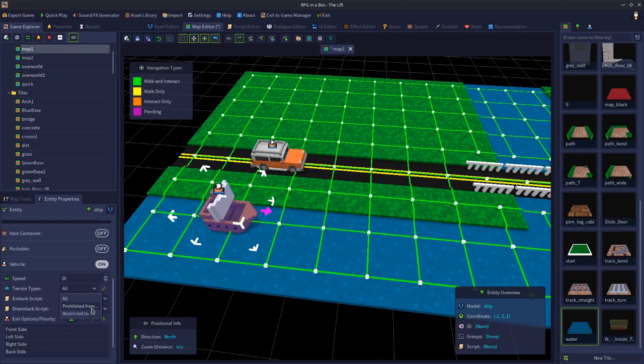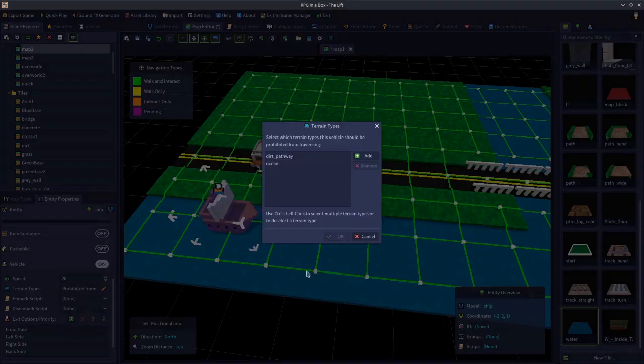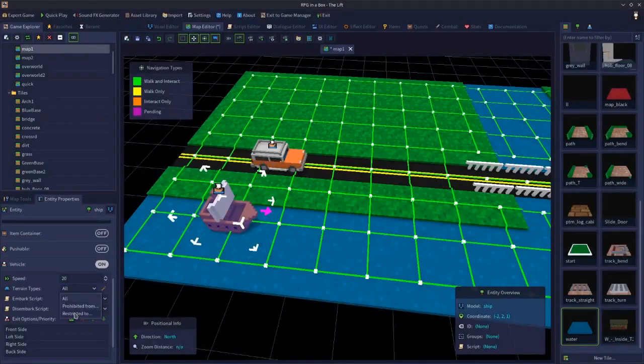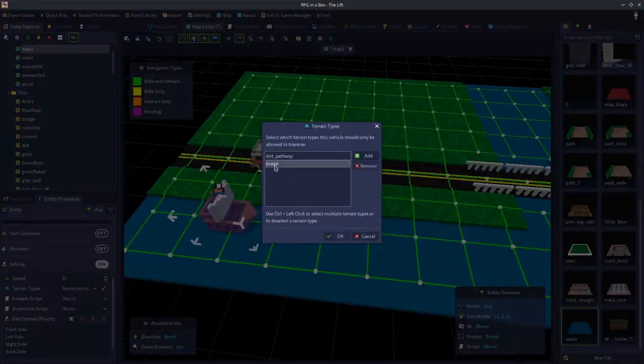Prohibited from is a way of telling an entity specific tiles where it cannot go. So this is going to be useful for the player, but not for the vehicle. Restricted to is a way of telling an entity the only tiles it can go on. So this is what we want in this case. So prohibited from is where we specify which tiles something cannot enter, and restricted to is where we say you can only move on these tiles. Okay, so in the case of the boat, we want restricted to ocean and click